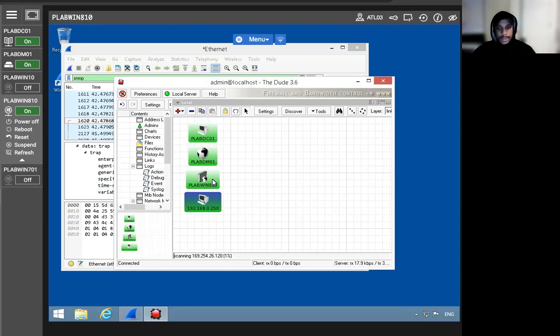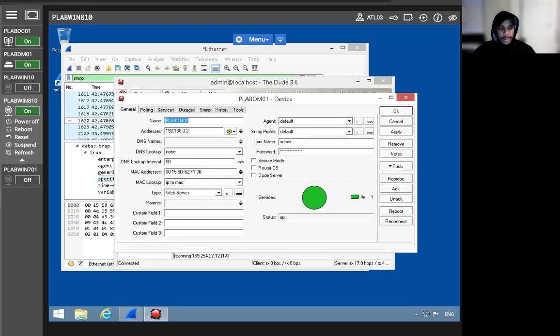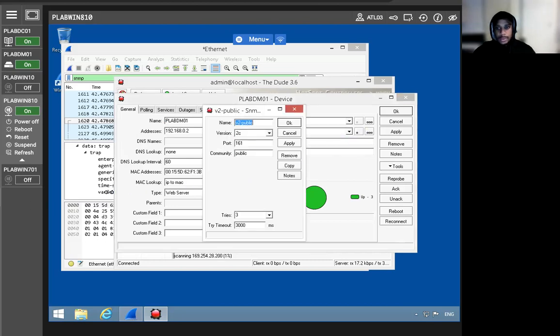So let's see this one. All right, so let's see SNMP. You want to change that to v2 public. Okay. Now to configure it, let's see, we want it to be